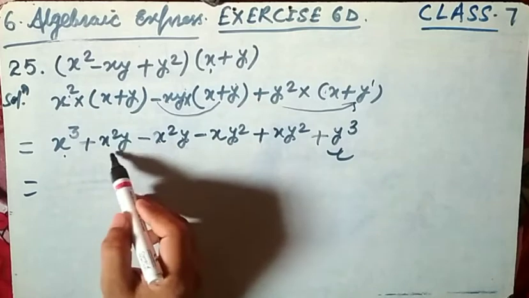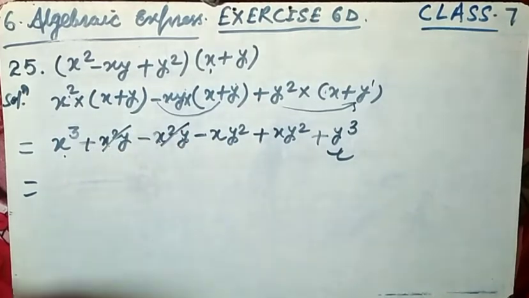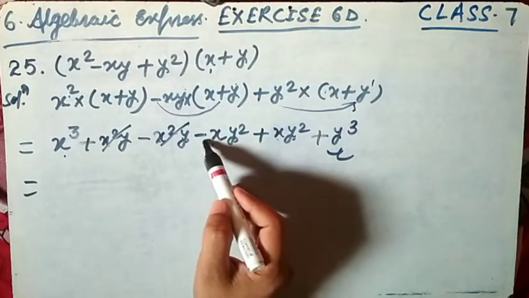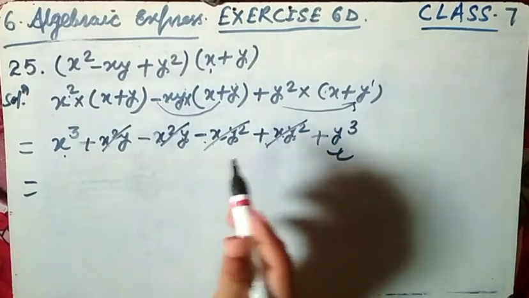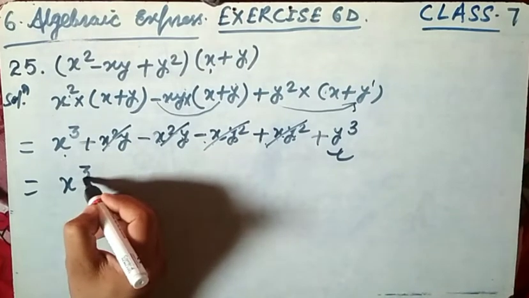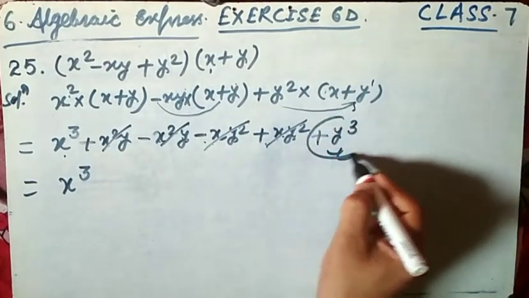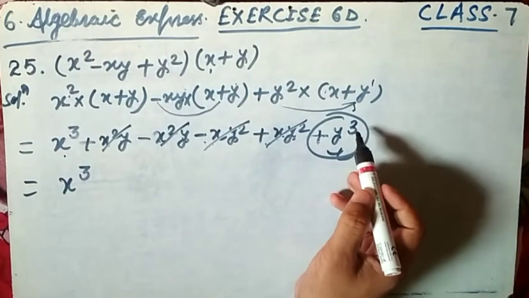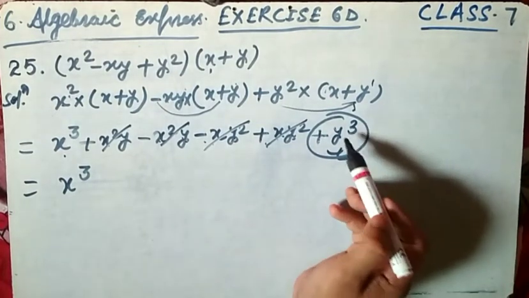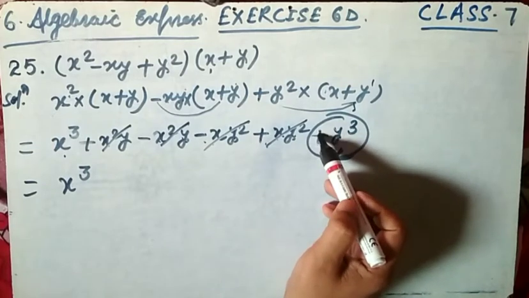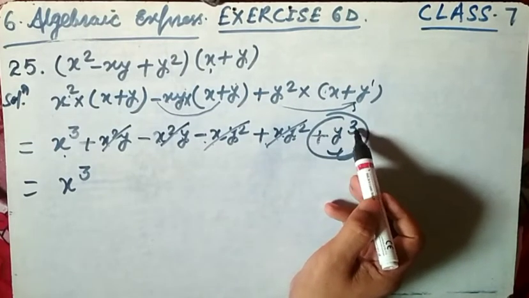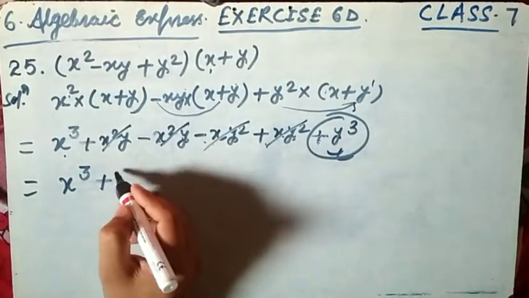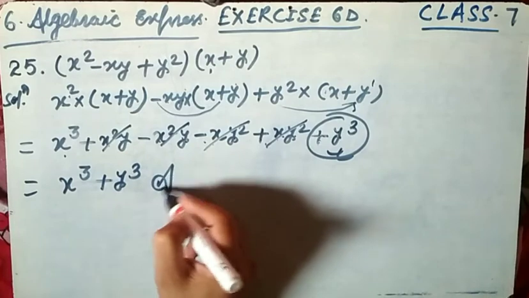Yes, the same term with the plus sign or minus sign will get cancelled. Now x y square, same term, here x y square same, but here is the minus, here the plus, both will get cancelled. Now the remaining terms: x cube, here is the plus. We have always observed the sign of the terms. If you want to recognize the sign of any term, we have to see just before the term. Here before this term is the plus sign, so y raised to power 3 is having a positive sign, so write the plus and as it is. This is the final answer. I hope you will be clear.